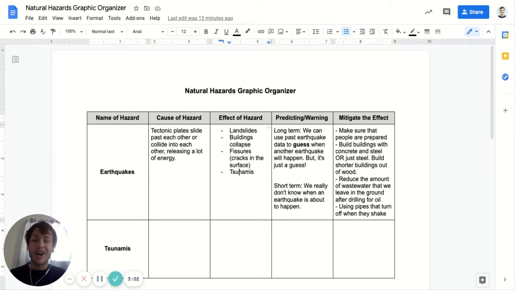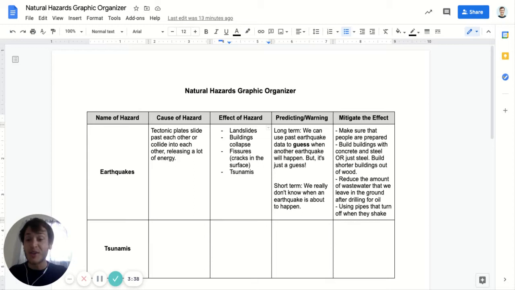And that's because concrete by itself is pretty brittle, which means that if you shake it or if you bend it a little bit, it will crack and break. Steel, on the other hand, is pretty strong and flexible. So even if it bends a little bit, it can snap right back, or the entire building won't collapse, which is ideal for an earthquake when buildings are shaking a lot. We can also build shorter buildings out of wood. Wood is also a relatively flexible material, but wood is not really appropriate for larger buildings.